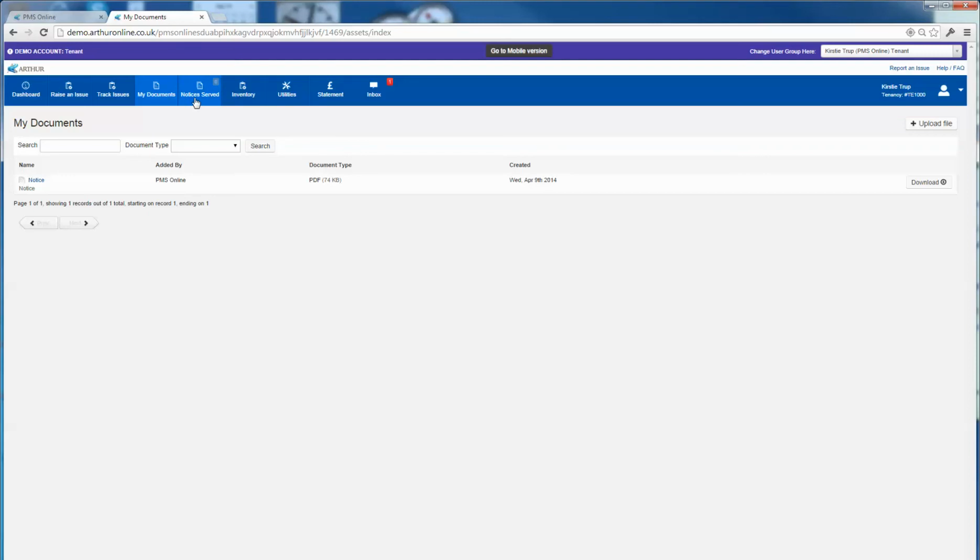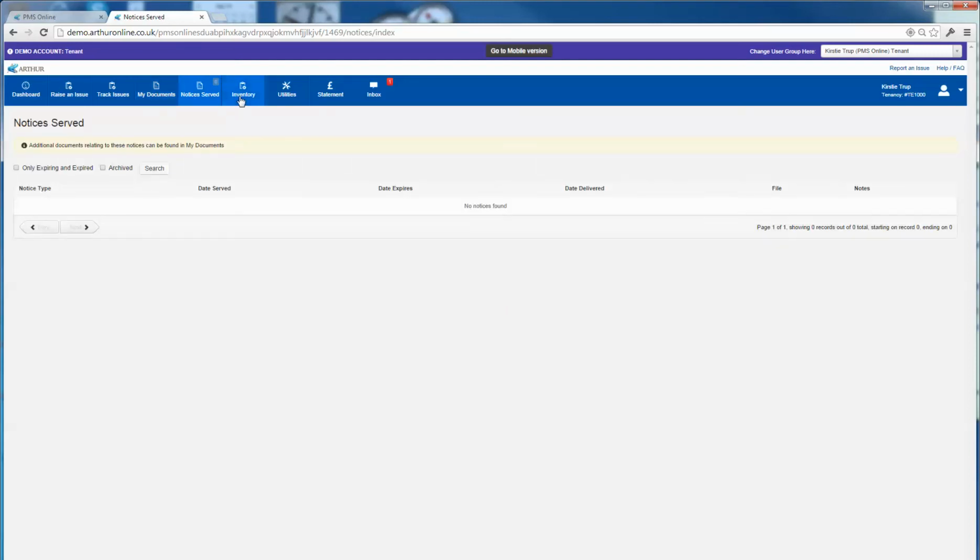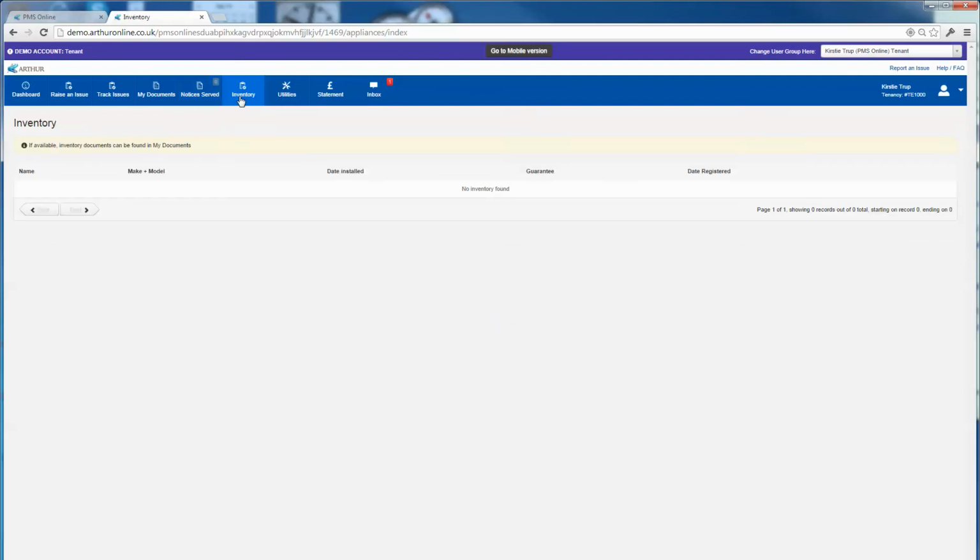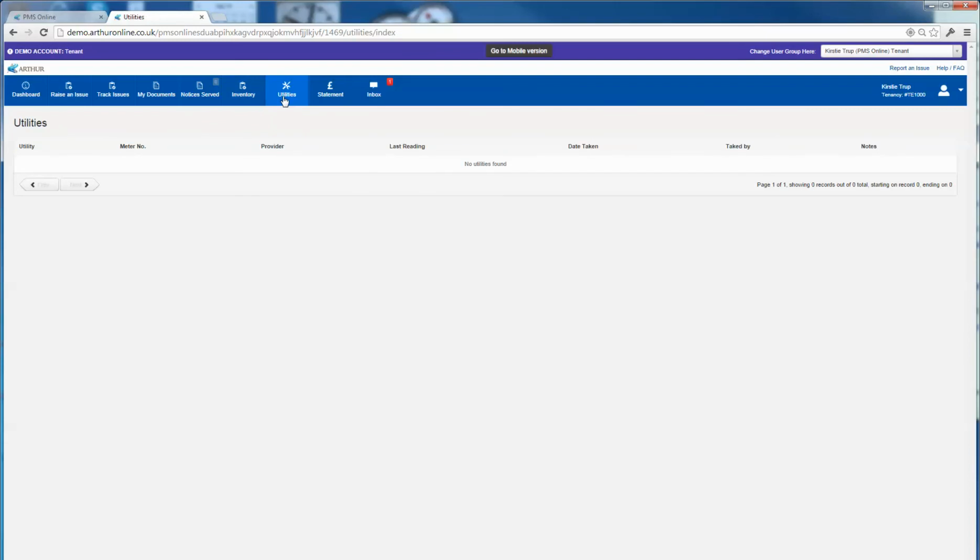If you serve the notice, that's going to appear here. And there isn't a notice in there at the moment, but if you add any inventories to the flat while they're living there, a new washer dryer, a new washing machine, whatever, you can add it into the inventory at this point as well. Utilities, these are utility information like serial numbers, meter reading numbers,